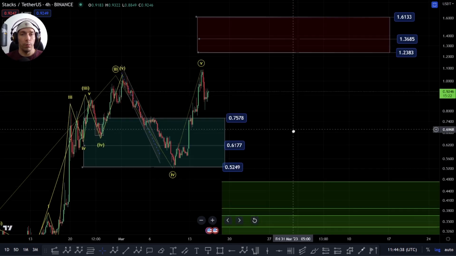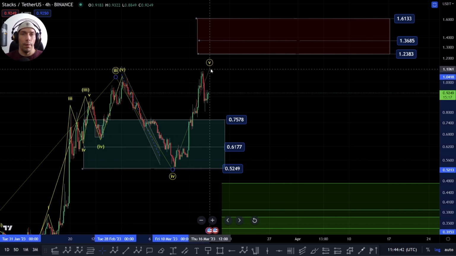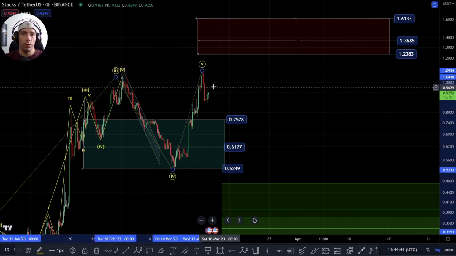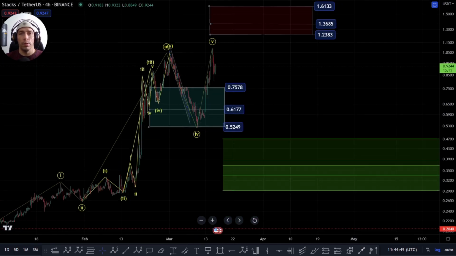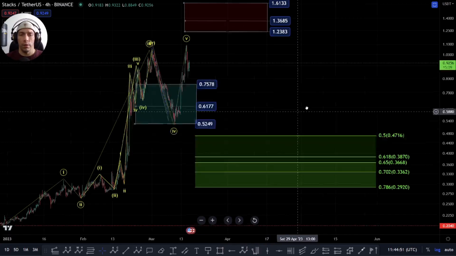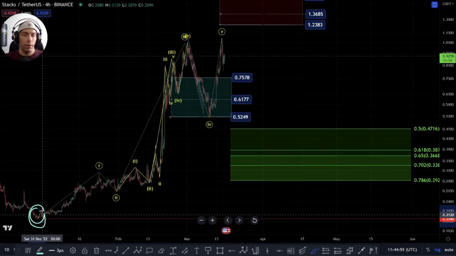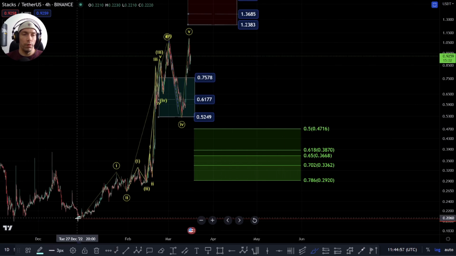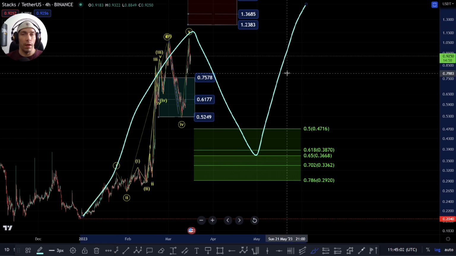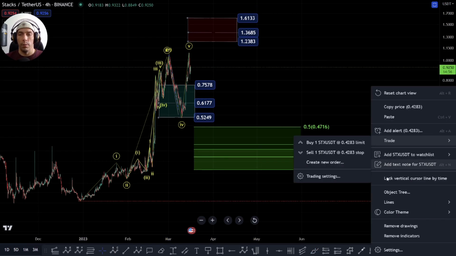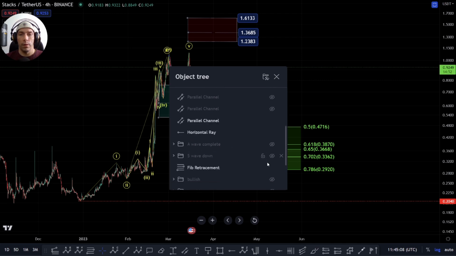Okay, so for the most part we were looking for this fourth wave down into this zone and we've actually pushed up. So technically speaking, this could satisfy a completed fifth wave here. So we're going to go over the internal structure. The idea here is that basically we're looking at this move in two ways. So either this move to the downside could complete into this low, and this could be the start of a bigger move to the upside, whether that's just an ABC or potentially a bigger bullish move, something more like this,